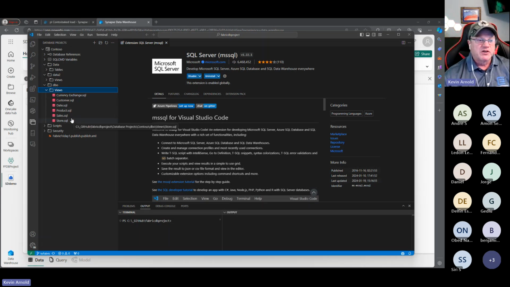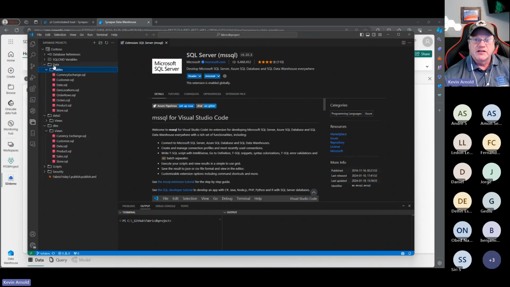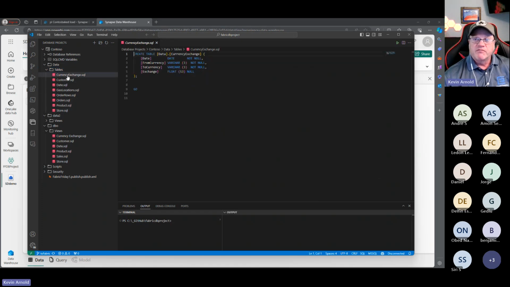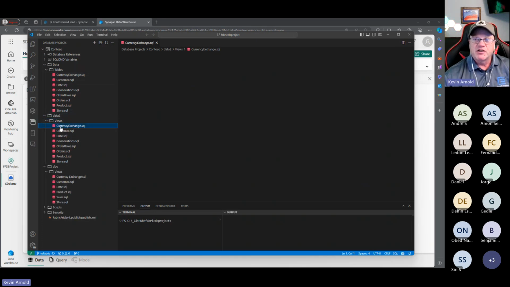If you're familiar with the Contoso dataset, and you want a big version to work with, the SQLBI guys released a way to generate a database, and I went out and grabbed one with 10 million rows. But this is how they put it together. All of their data goes into a data schema, and here are all our tables underneath here. So all of these files are all my create table statements. If I had stored procedures like we were asking about earlier, they would be in my database project, right? My views are in my database project.